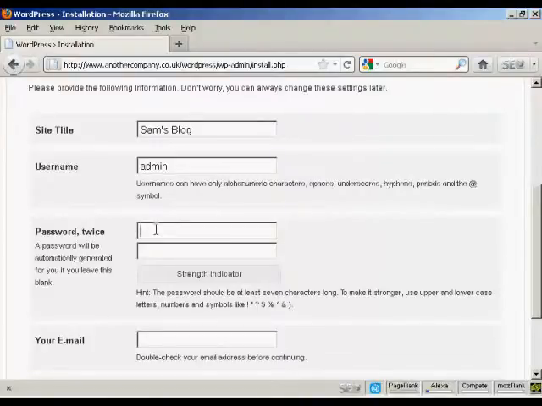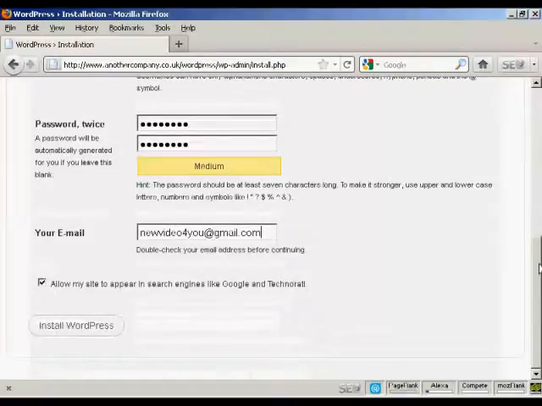You want the password, and then put it in again, your email address, and then you want to either check or uncheck this box here, allow my site to appear in search engines like Google and Technorati. Good idea to say yes, and then simply click on this button here, Install WordPress,